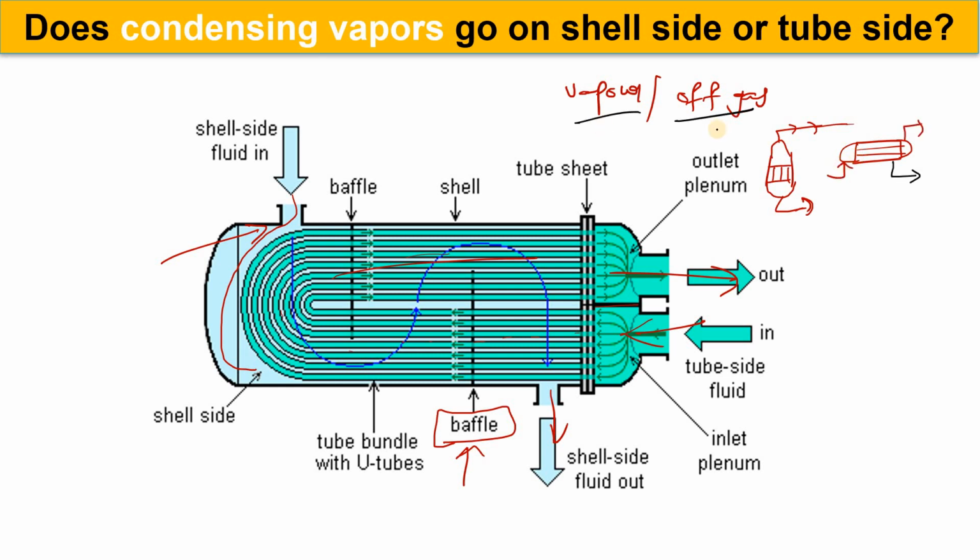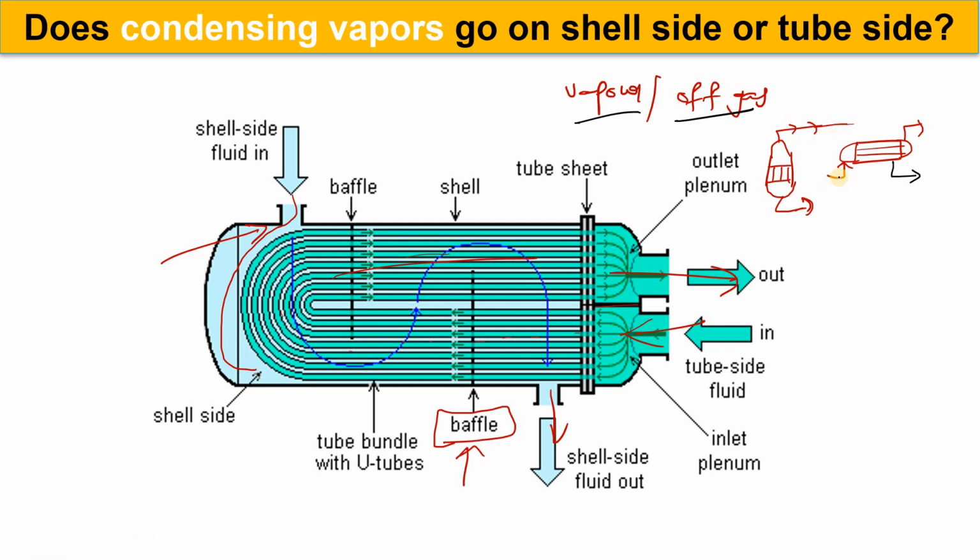Now let's assume that you have the off gases of the urea process. When the ammonia and carbon dioxide react, it makes ammonium carbamate and urea, and there are off gases as well when the ammonium carbamate decomposes. So my question is, where will these off gases go when we have to condense them?